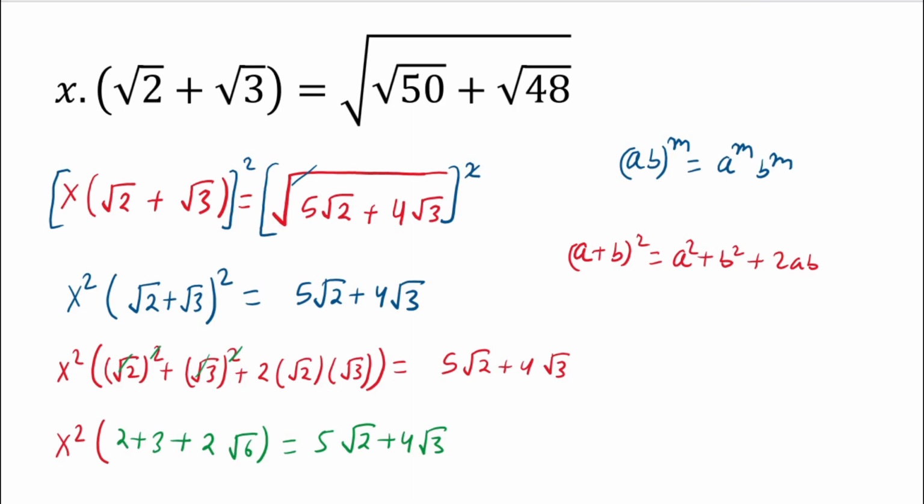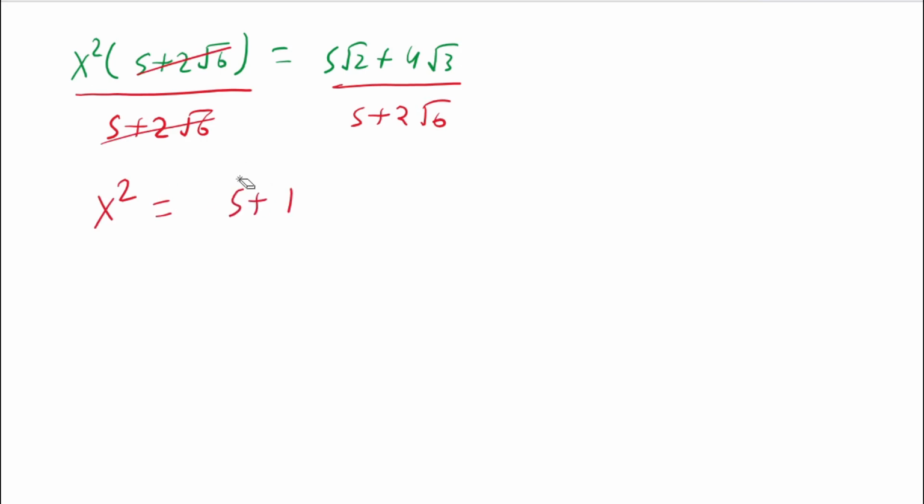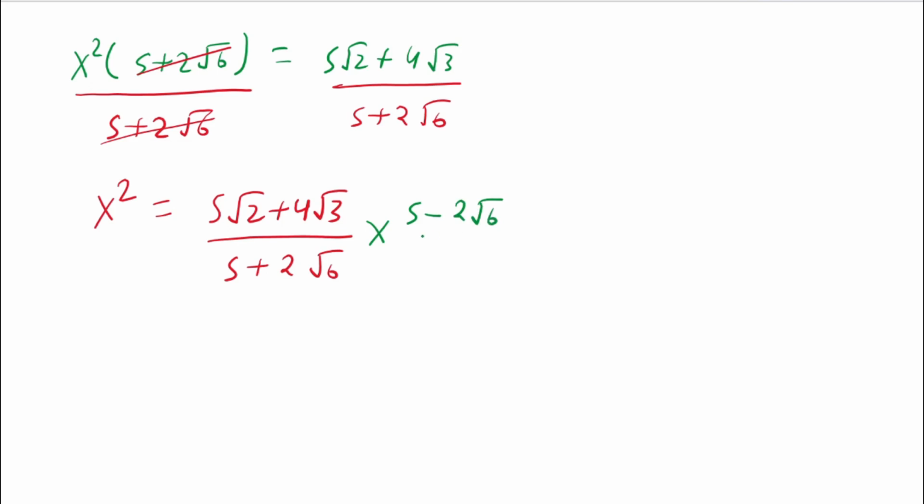Now if we divide both sides by 5 plus 2 times square root of 6, then this and this are cancelled out, and the value of x square is equal to (5 times square root of 2 plus 4 times square root of 3) divided by (5 plus 2 times square root of 6). Now we rationalize this radical expression by multiplying by (5 minus 2 times square root of 6) divided by (5 minus 2 times square root of 6),